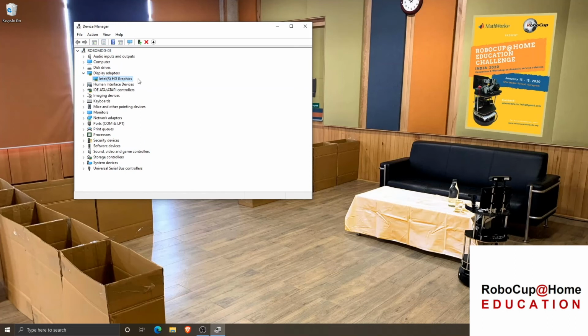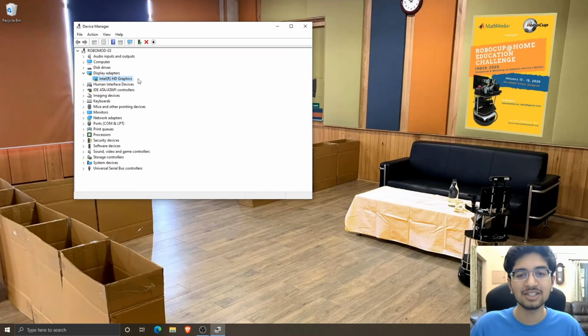So the recommended GPU configuration very much depends on your CPU combination. In my case, I have a CPU with 4 cores. So because that's a stronger CPU, it's okay to have integrated graphics. But if you have only a 2-core CPU, then it's very much recommended that you have a discrete graphics card. If you are planning to do a lot of heavy development in terms of training neural networks or running complex simulations, then it is recommended that you have a good discrete GPU irrespective of your CPU configuration.